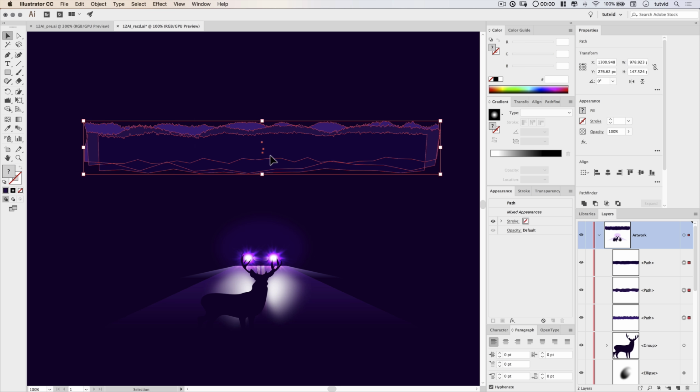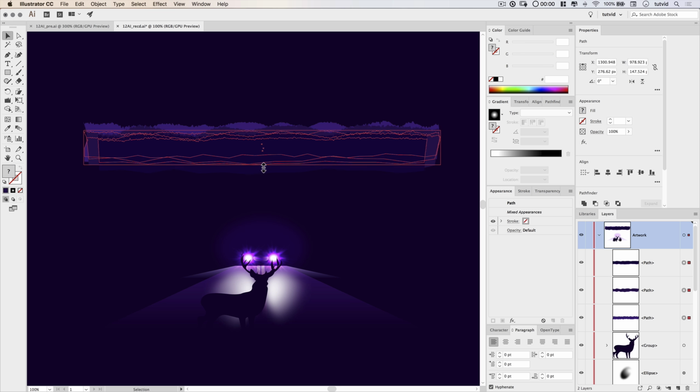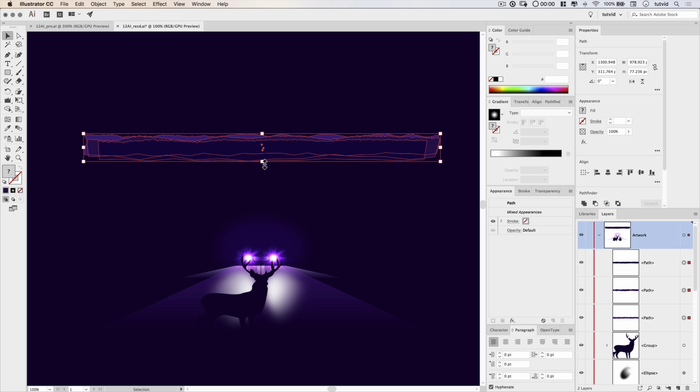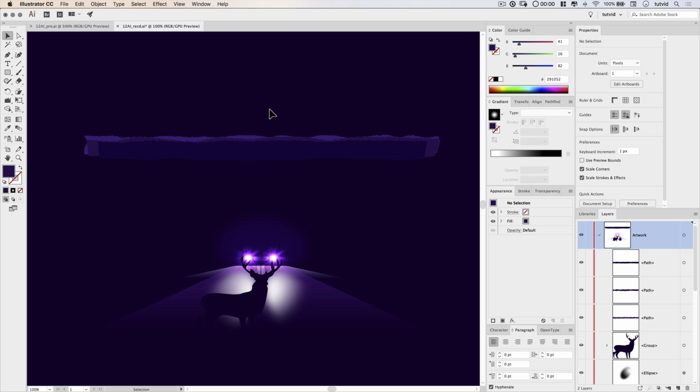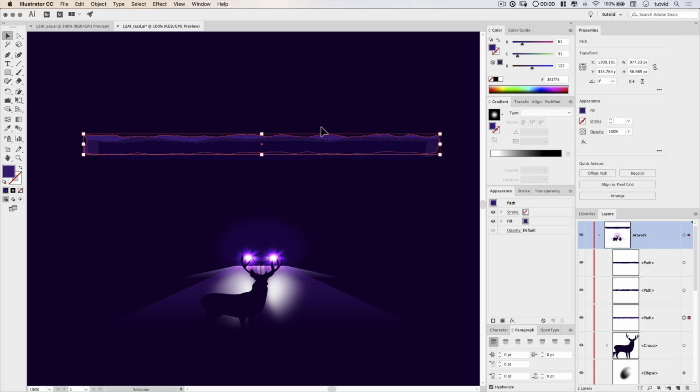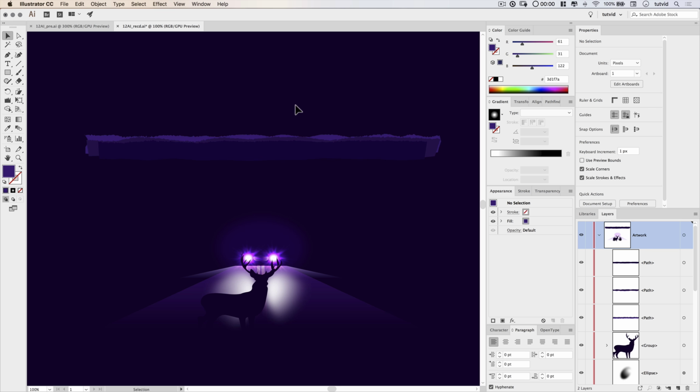Then I'll select all 3 of these shapes, and I'm going to hold down my Alt or Option key, and I'm going to compress them together a little bit. So I'm really going to squish them down. I'm just holding down Alt and Option when I do that, so it compresses it from the top and the bottom. And then I can make a couple subtle adjustments, maybe open it up just a little bit, maybe nudge it over to one side or other. And there we go. We have those shapes.